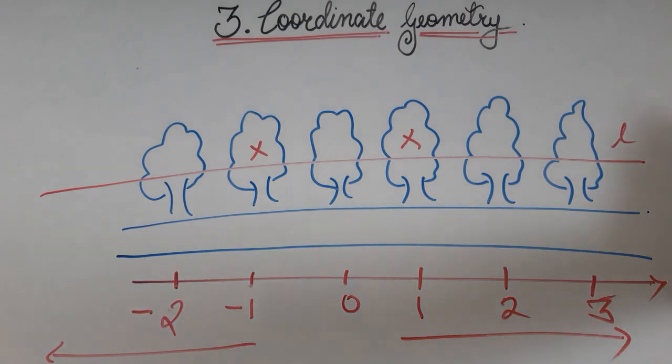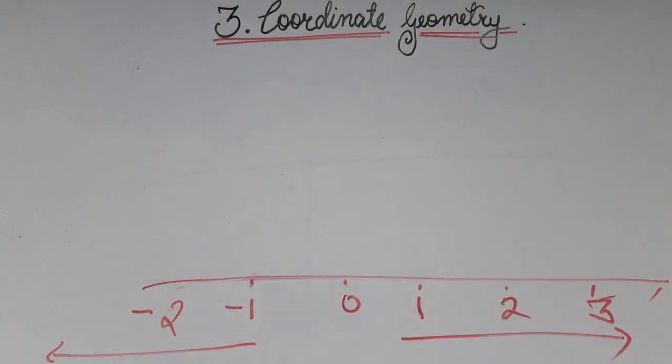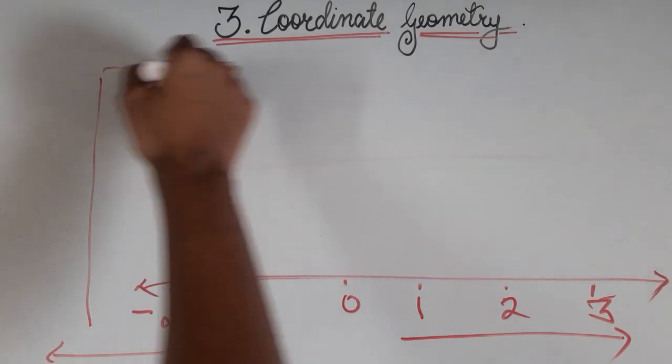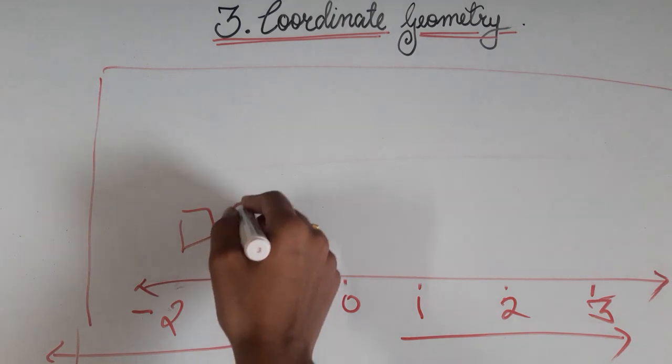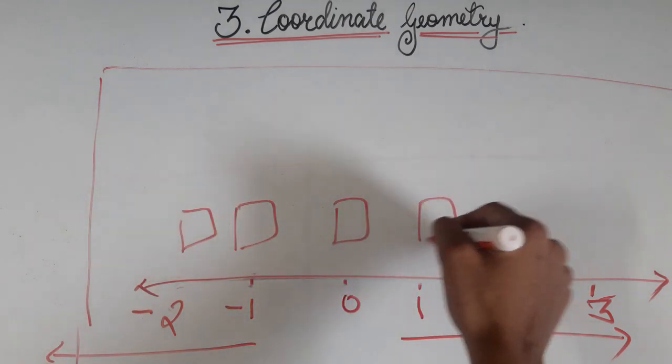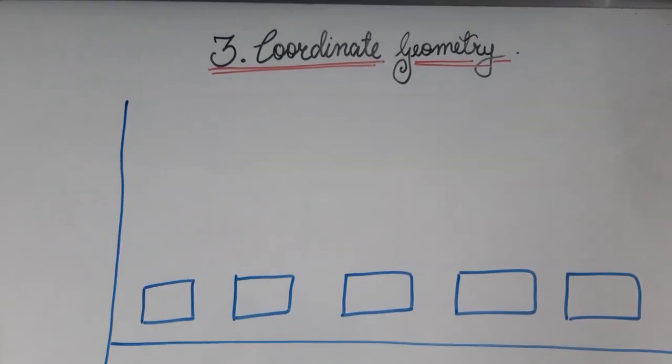And if you delete everything, what you get here is your number line. So when you are dealing with one dimension, the number line is enough, right? But now let us take one more example. Say there is a room. This is your room, and in that room there are some chairs arranged in a row like this. Let me draw this properly. Suppose there is a room, and in that room chairs are arranged like this.